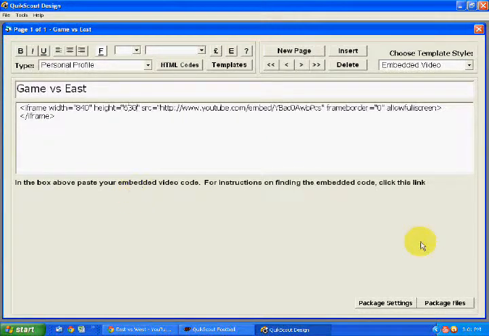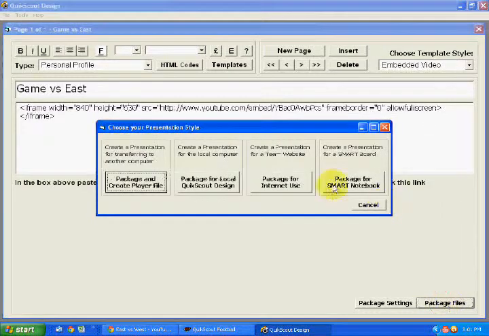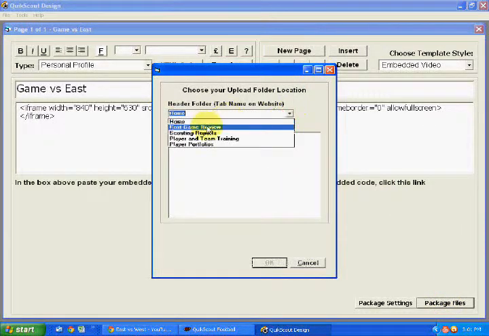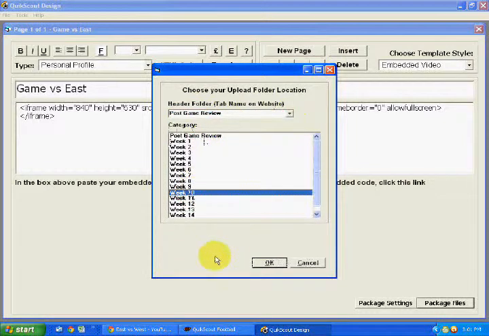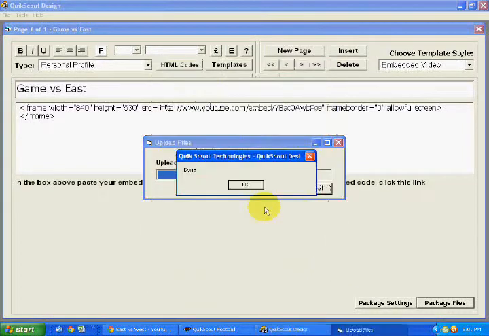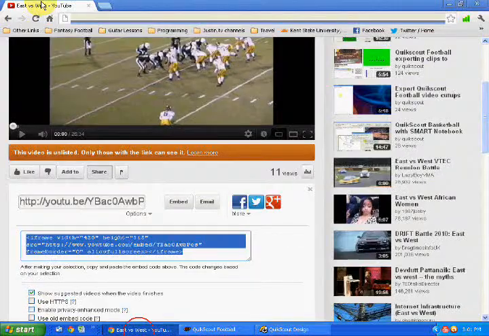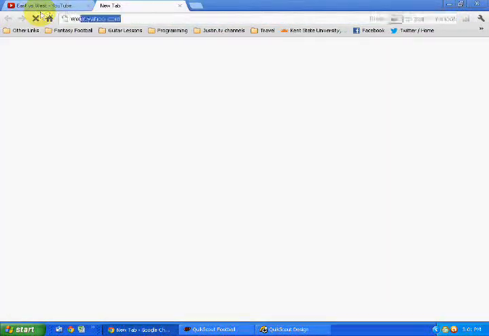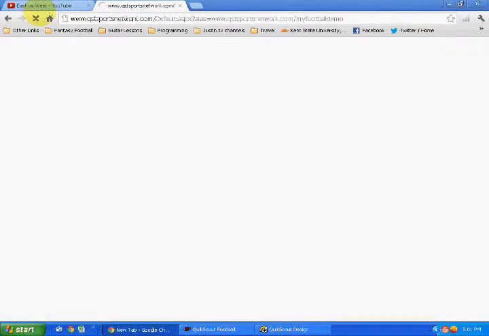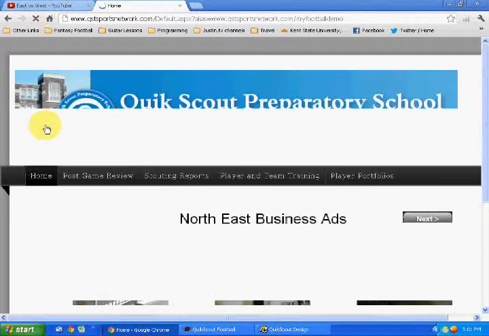So now if I package it again, and this time I'm going to go to week 10. I'll go post-game review. I'll do this one in week 10 so you can see the difference. I'll hit OK. It quickly goes through and uploads it. And now when I go to that same site, and this time I'll go to week 10,